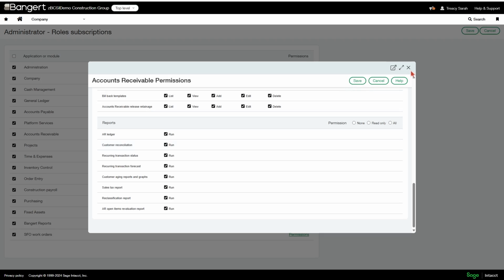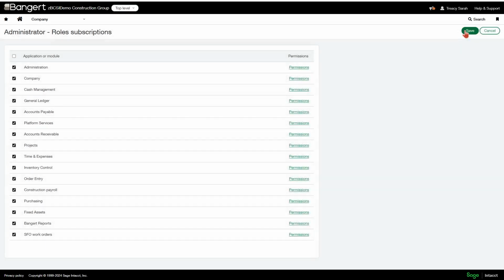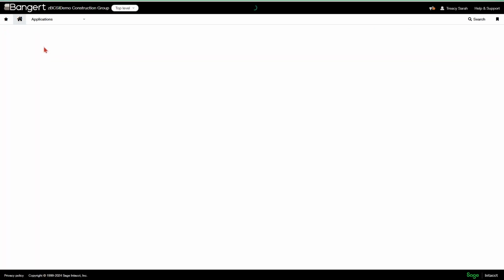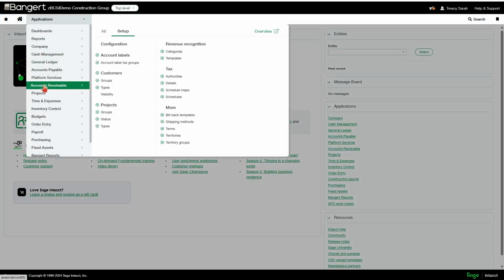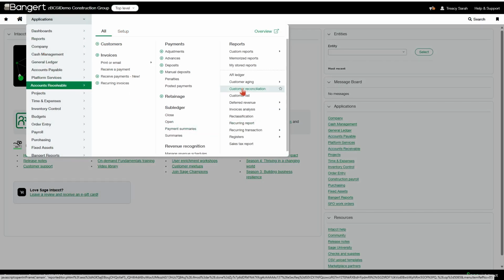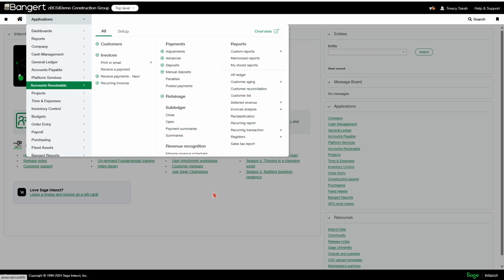Save again, refresh your browser, and within the accounts receivable module under the All tab, you should now see your customer reconciliation report. It's going to function in the exact same way as the vendor reconciliation report.